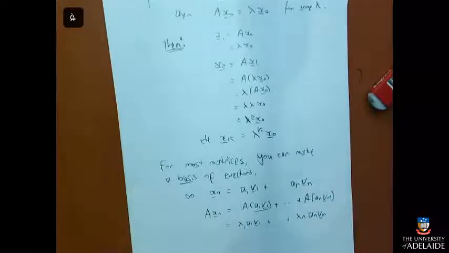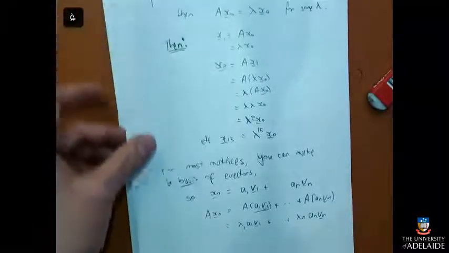So that means that if I can find a basis of eigenvectors, I never have to do matrix multiplication again. All I have to do is multiply by the correct numbers. Now that's convenient. That's why eigenvalues can be so useful, because once I've found them, I've done all the matrix multiplication I ever need to do. All I need to do is do this.